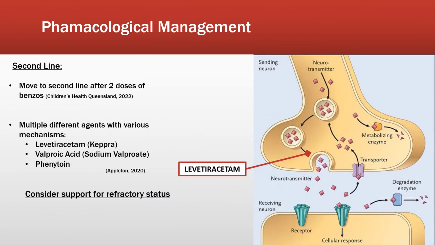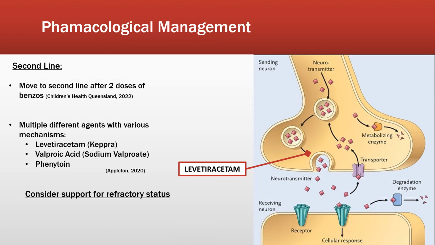There are a number of medications which can be used as a second line intervention, and each one of those works via a different mechanism. Levetiracetam, also known as Keppra, is quite commonly utilised as it works independently of GABA pathways. Rather than increasing inhibition, like GABA does, it decreases excitation by inhibiting the calcium channels which trigger the degranulation of glutamate from those presynaptic vesicles, and this prevents stimulation of the receiving neuron.